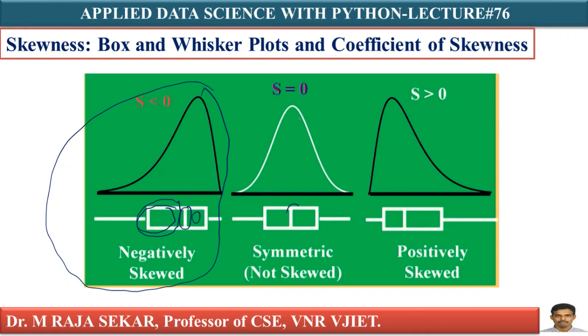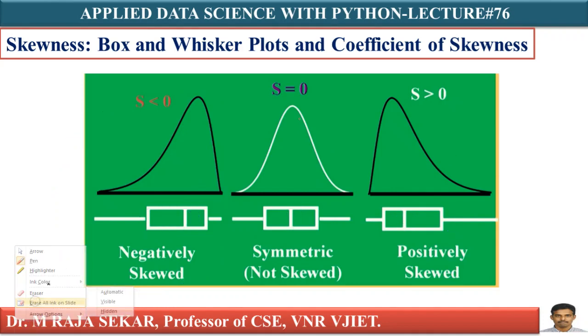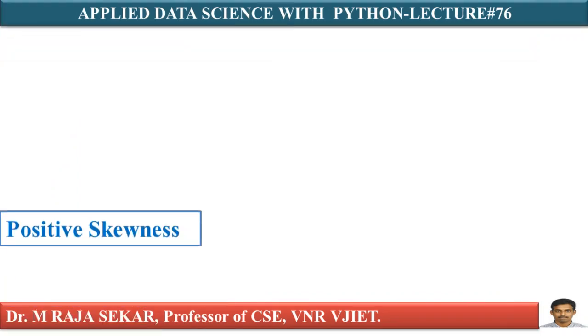If your median is just in between at the center, I can say it is a symmetric distribution. I can say it is not skewed. If your median is on the left side of the center point, I can say it is positively skewed, or you have more region on the right-hand side of the median compared to its left side. Then I can say that is positively skewed data. That diagram reveals everything; anybody can understand on seeing it.